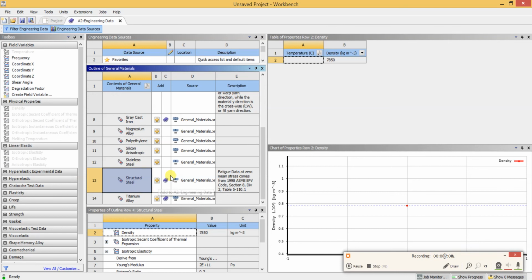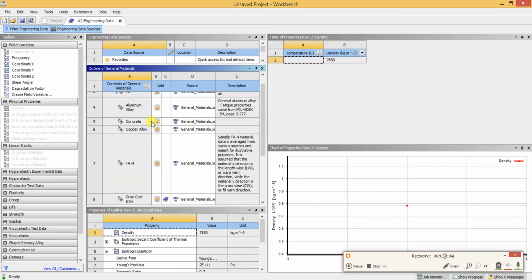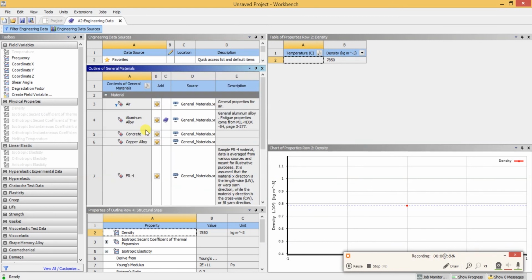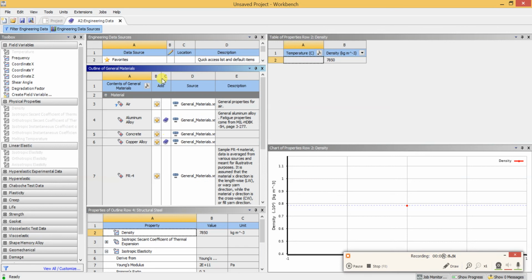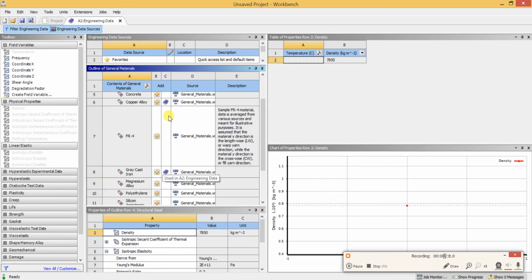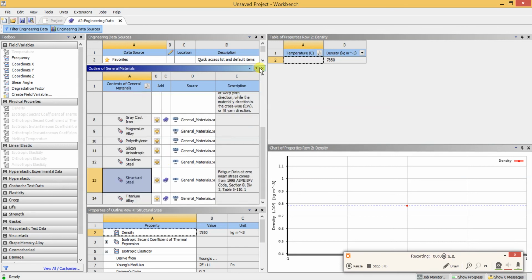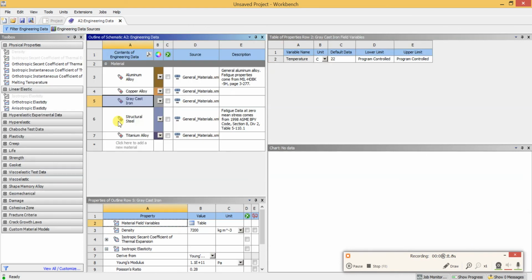I'm adding it to the engineering data, and aluminum alloy, copper alloy. Okay, we have added four materials. Okay, I'm going to close this engineering data. We can see aluminum, copper; we have added enough materials.